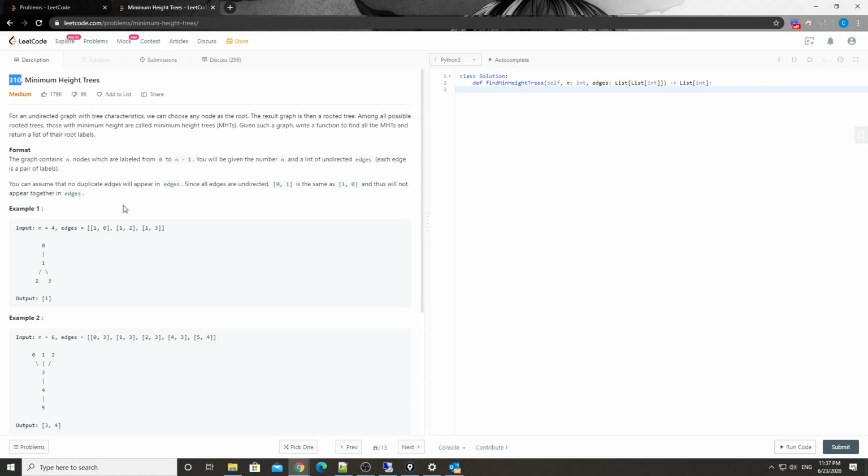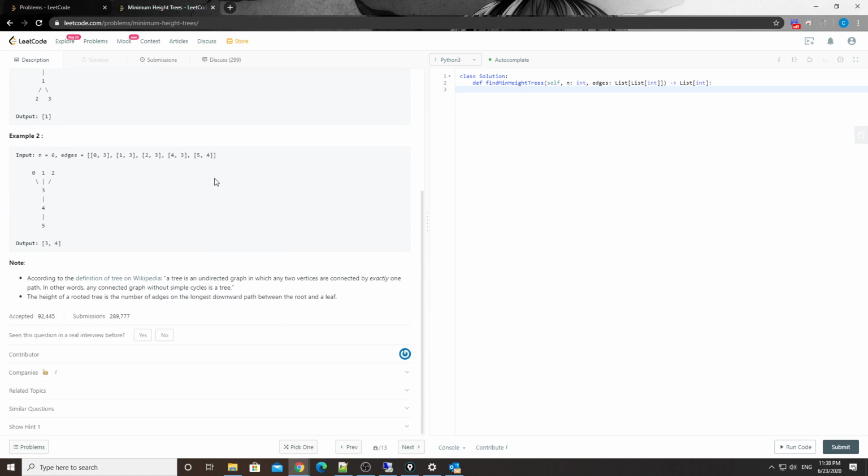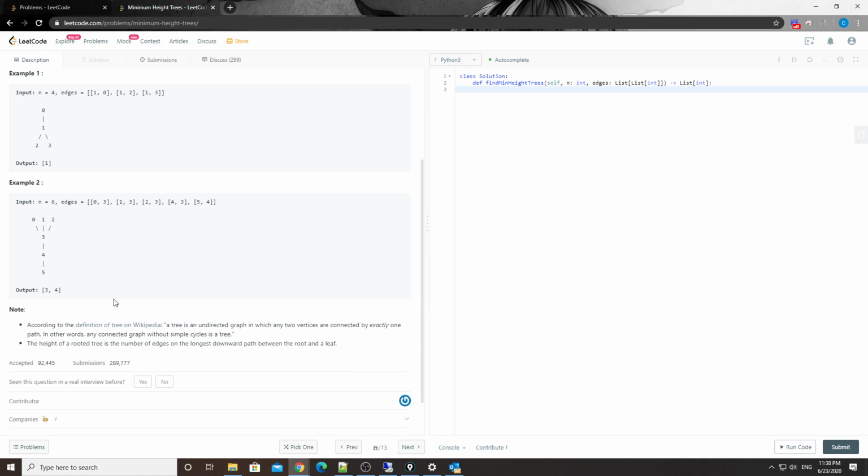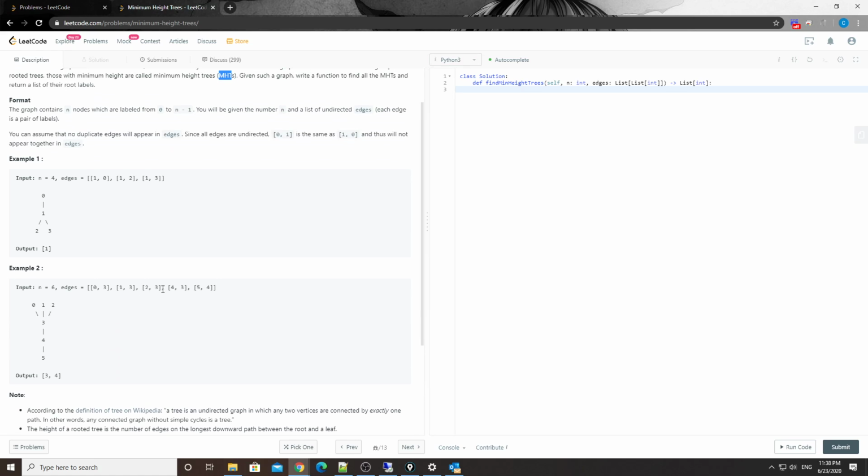So you're given a number of nodes here, n, and the different edges, and you need to find all the roots that can form the minimum height trees. So what does the minimum height trees mean, right? Okay, so it means that